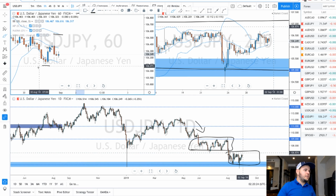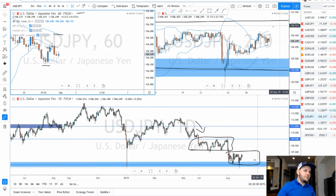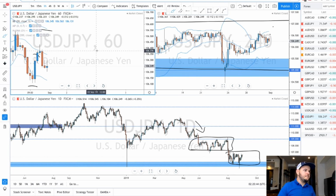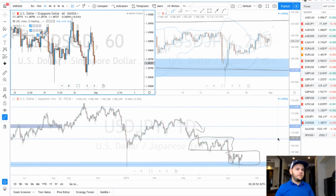And so for now, price just went up, came back down. We'll see what happens with this, but that's a pretty good place to take a bearish trade. We're not at the very low of the range so far, but we're close. So I'm still looking for bullish trades on this, and the reward to risk here is pretty good on that pair. Okay, because we can expect price to go all the way to 1.09, which is pretty good. Okay, so that's it for